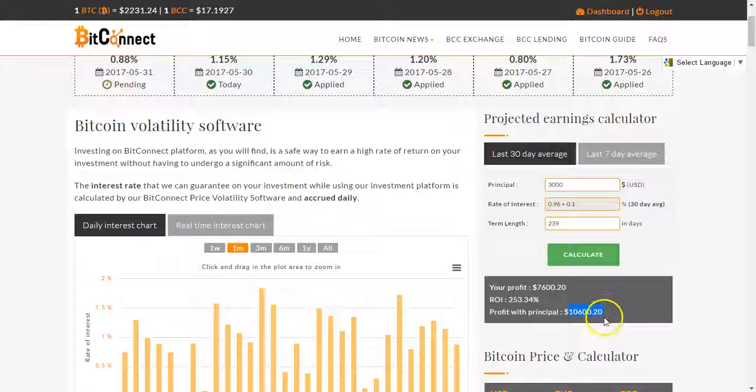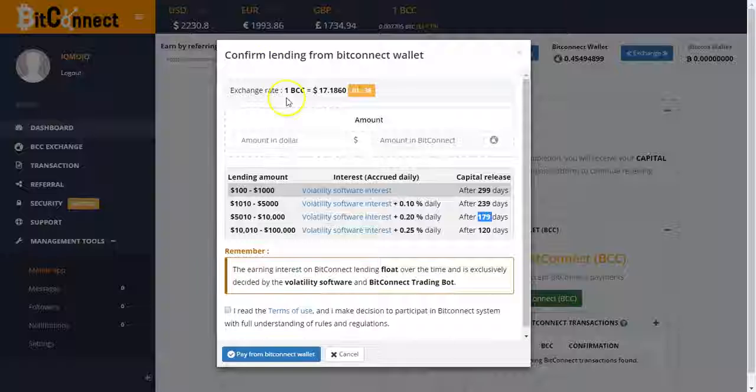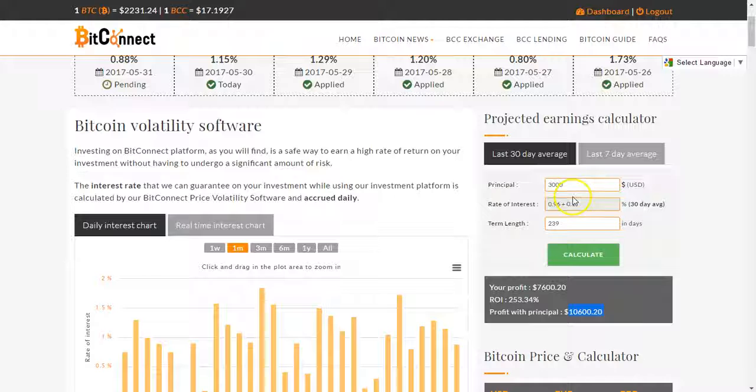Hooray, we're over $10,000. Now again, if you have $10 more, $20 more, this is going to be a little bit higher. But when we look at our Bitconnect requirements to get to the next level at 10,010, it's a 0.25% increase, and the term is only 120 days. We're at $10,000 and $10,010. So we're going to put $10,010 here